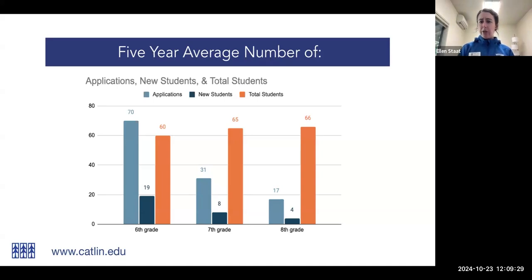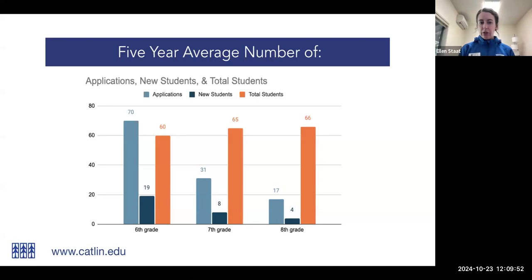And then for eighth grade, if we have any openings in eighth grade, it's typically if we have attrition from seventh to eighth. So that would be like if a family moves away and doesn't enroll their child again at Catlin Gable in eighth grade, then a spot would open up. So it varies quite a bit year to year, but on average, we've been able to admit about 4 students to eighth grade every year.